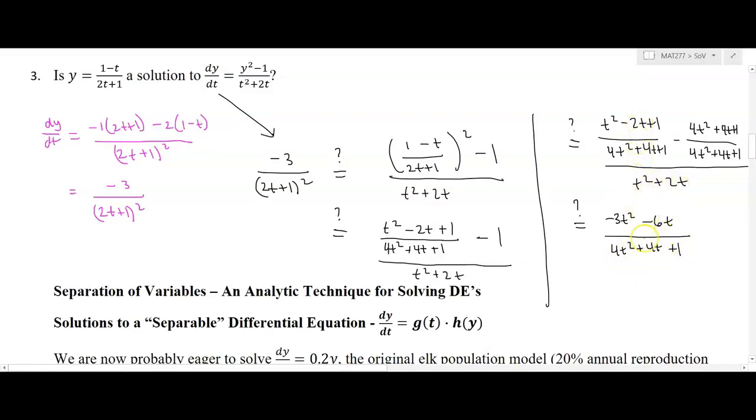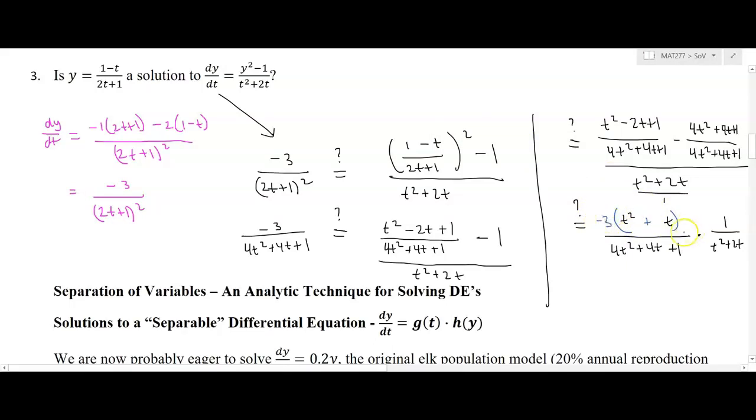Now, because I'm going to have a fraction divided by something, I'm going to be able to multiply by the reciprocal of t squared plus 2t, which is 1 over t squared plus 2t. And we're getting closer. I actually see that if I were to FOIL out 2t plus 1 squared, that would be 4t squared plus 4t plus 1. So I see that my denominators are the same here. The question is, will these cancel out and give me the negative 3? Well, in fact, I see that I can pull out from the numerator a negative 3 from both terms, which will then just leave me with